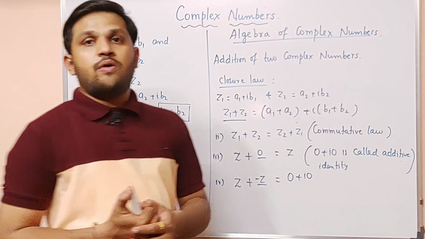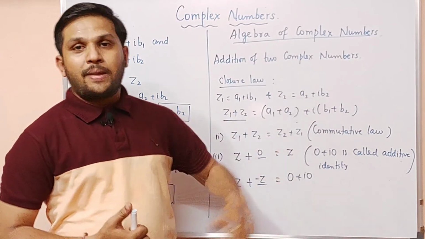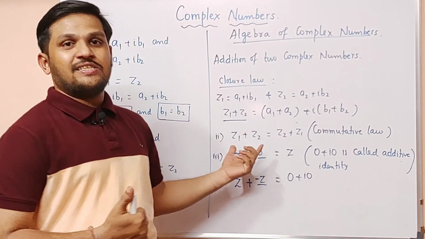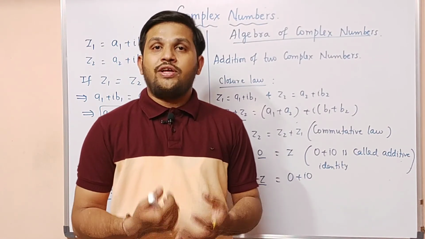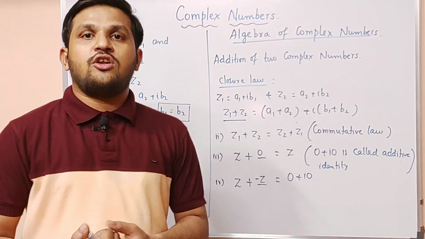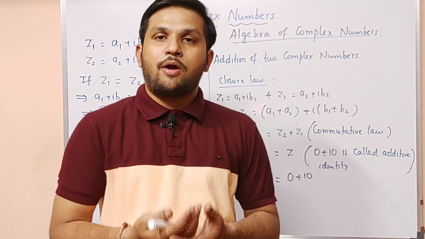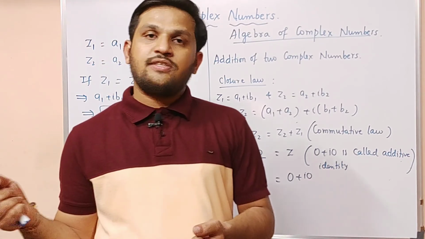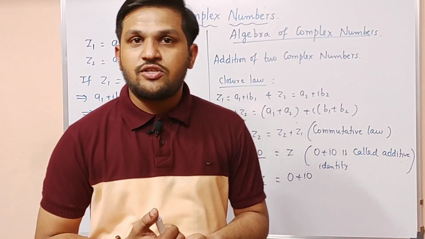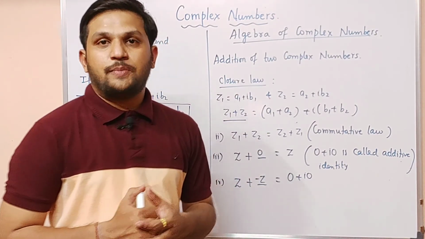In the next video, we will talk about the concept of multiplying two complex numbers, what properties it satisfies, and most importantly, the geometrical representation of a complex number. How can I look at a complex number geometrically? Can I relate it to a one-dimensional axis, or is it two-dimensional? We will explain that in the next video.